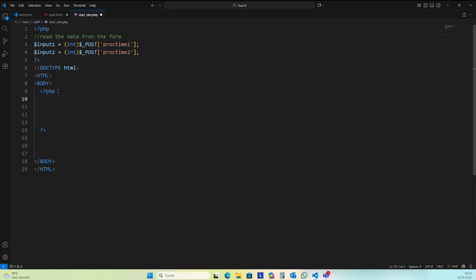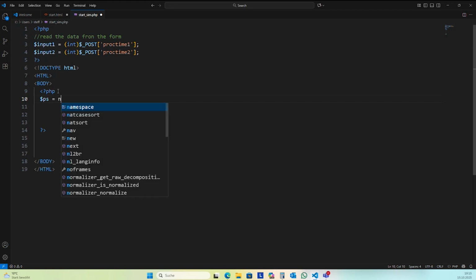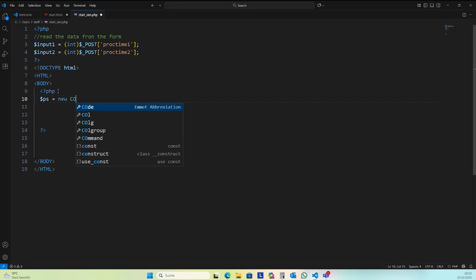I need a COM connection to Plant Simulation, and in PHP I need a variable for the return value, and this is new COM, and I need a tag for the COM connection.